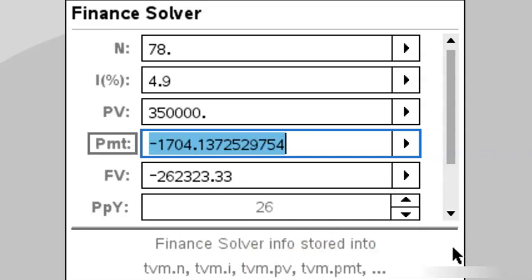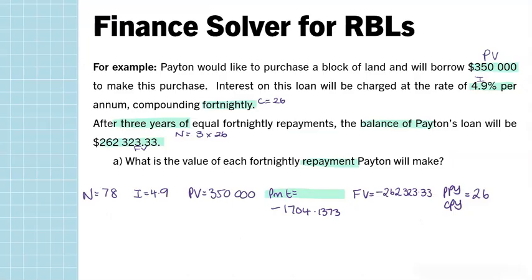My payment is negative $1,704.14. So I want you to be in the habit of writing down exactly what you get in your calculator, a couple more decimal places, and then giving your final answer so that you can show that you've rounded correctly. And so noting down what we got and then giving my final answer,